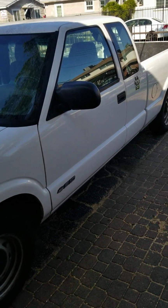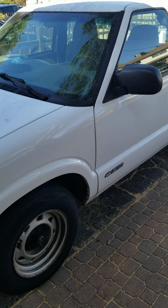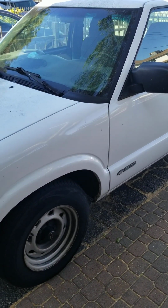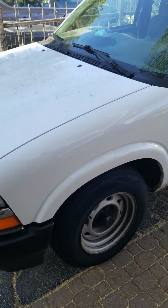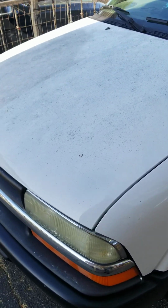This afternoon, we are starting work on something on the S10 that has been bothering us for a little while, and we finally got some time to work on it. So we're going to be taking care of this. The thing that's bothering us right now is this area right here on the hood,